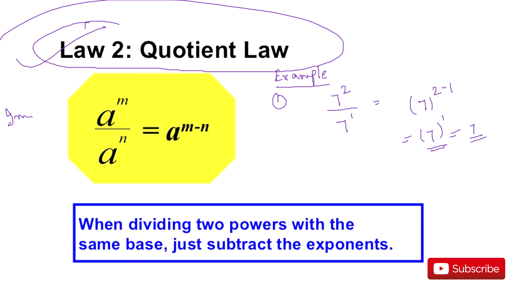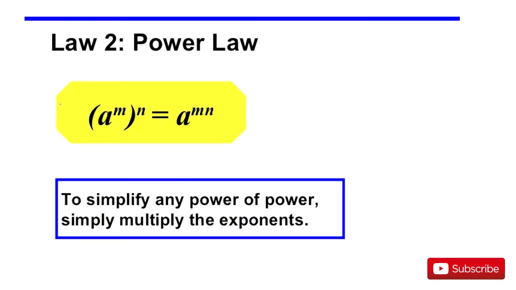So it's again an important law. All right. So let's come to the power law. This is not the second, this is the third one. Power law says, when the same number, right? For example, let me take one example. When the number is same, but you have two powers. That means if say 3 to the power 2 to the power 9, right? So that means there are two powers, but the number is same.